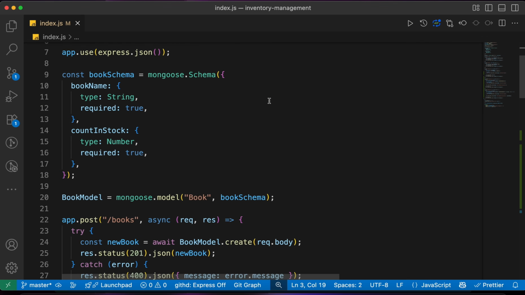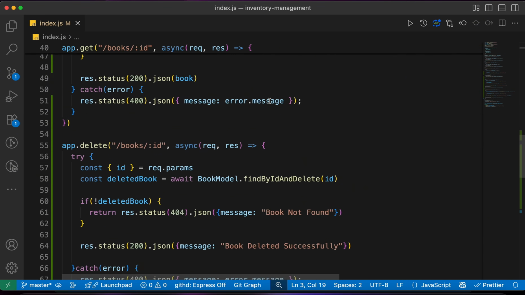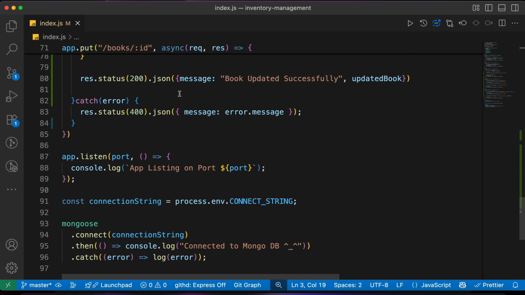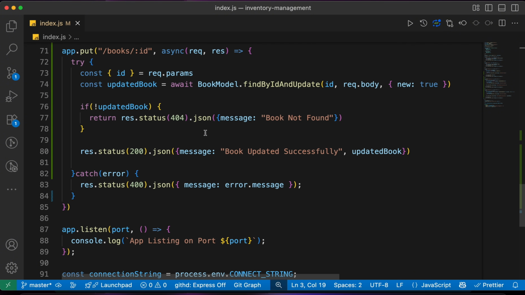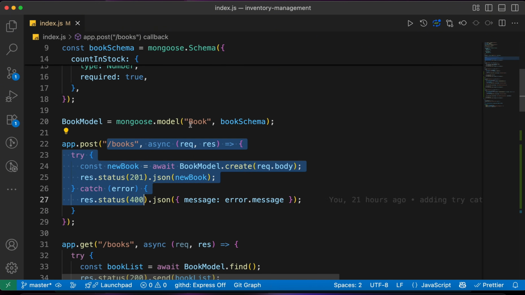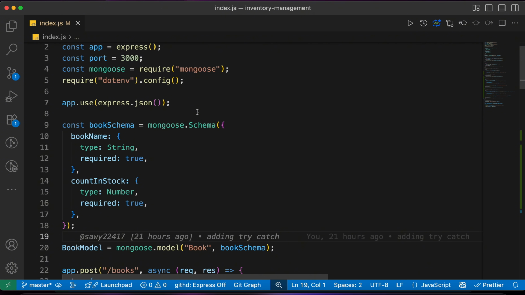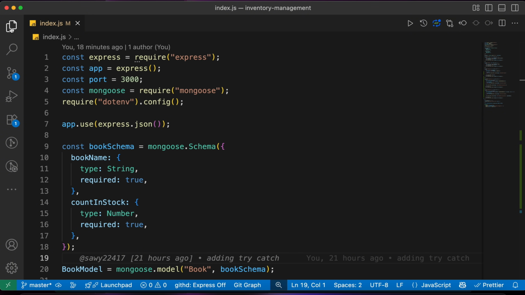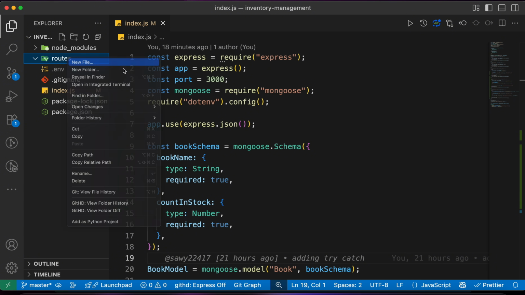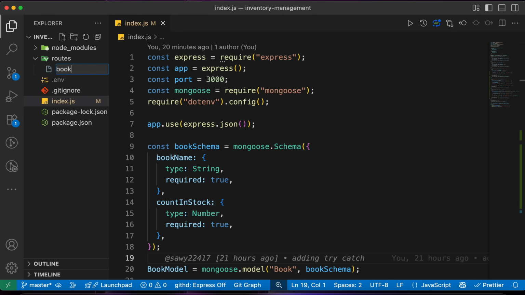If you have a look at your code, you're gonna see that you typed all of those routes in the index.js file. This index file is the entry point and it should be simple and very clean. So we're gonna move those routes into another file. So here in your files, let's create a new folder. Let's name it routes. And inside this routes folder, we're gonna create a new file. We're gonna name it